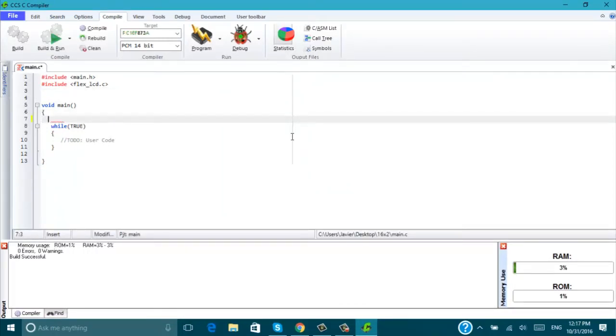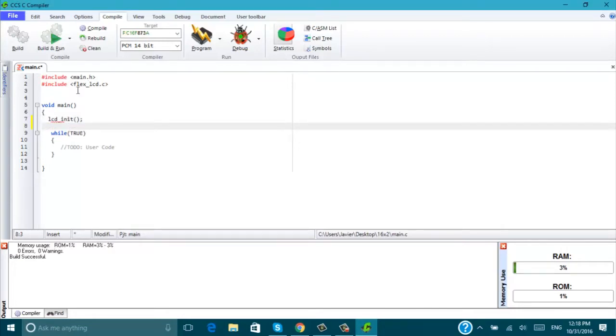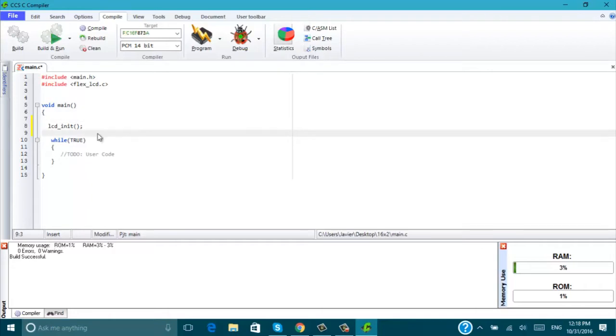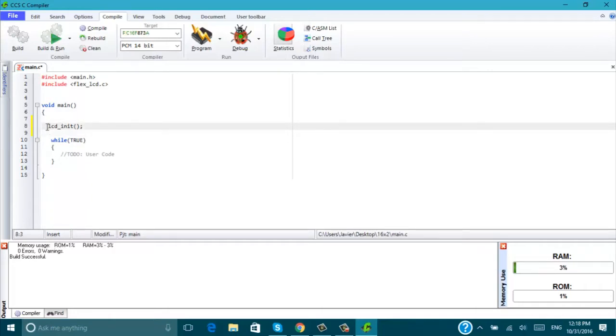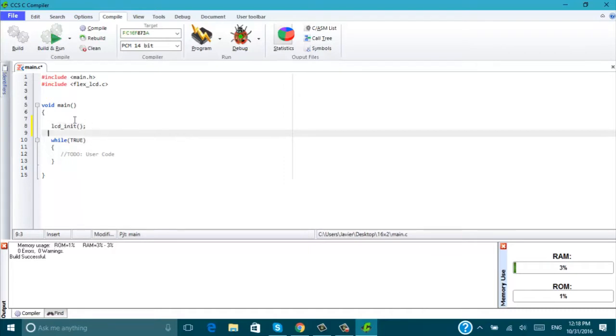First of all, before writing anything, we'll need a command for initializing the display, and this is called lcd_init, and that's it. This is a function inside this library, Flex LCD, that is going to send some small commands to the display in order to work in the conditions that are suitable for our project. I don't want to get into exactly what this function is doing, because it's not relevant at this moment. We'll skip that, and maybe in another video we can clarify this, or maybe you can